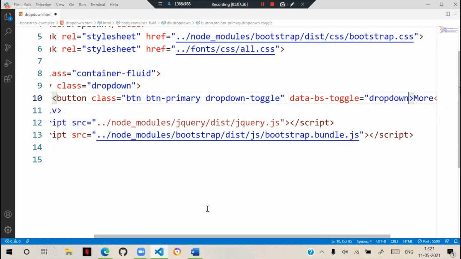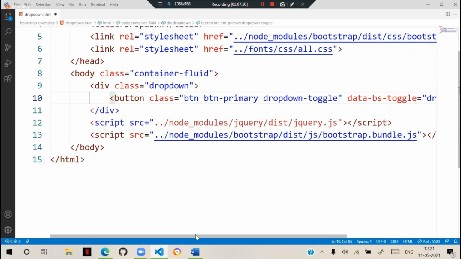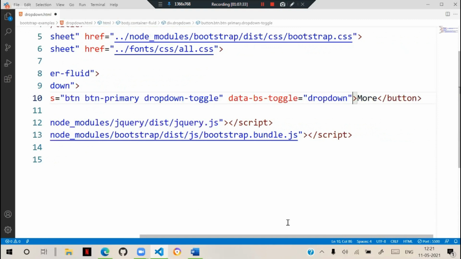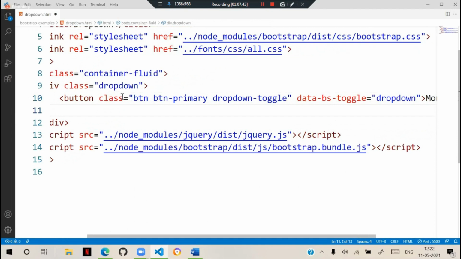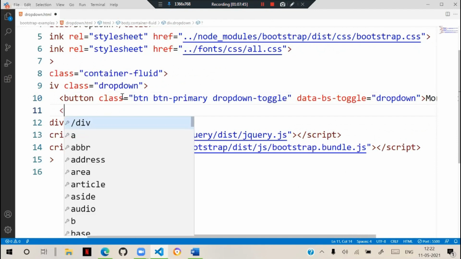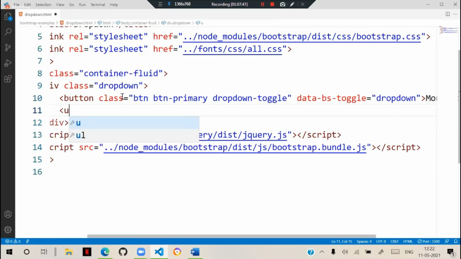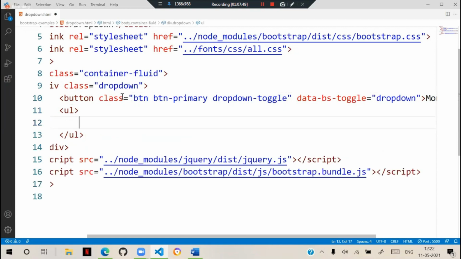Okay. Now, what are the items to display in the drop down? We need to configure the items to display in the drop down. So under this button, you can add items as an unordered list. The unordered list will have list items, and the unordered list is considered as a menu.